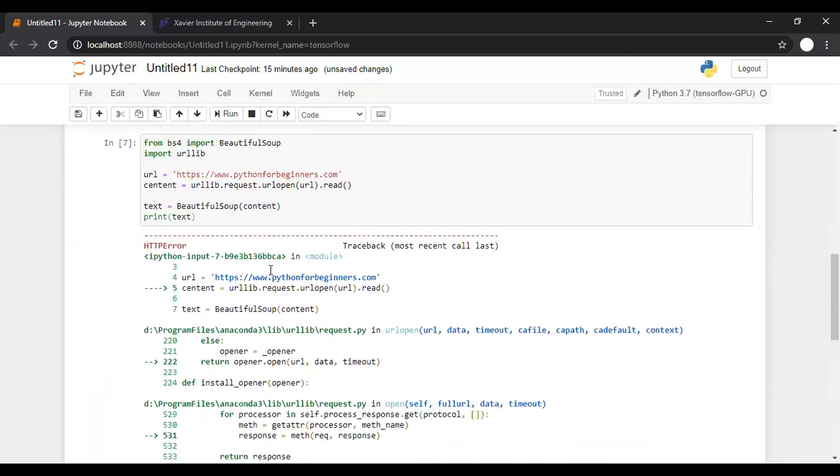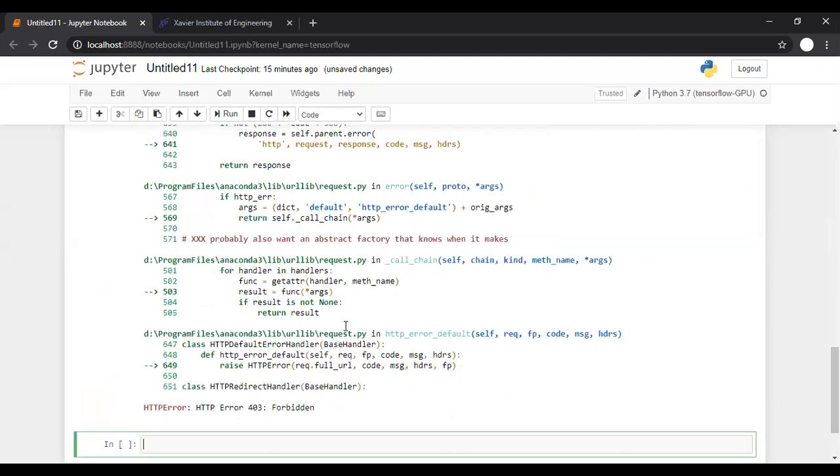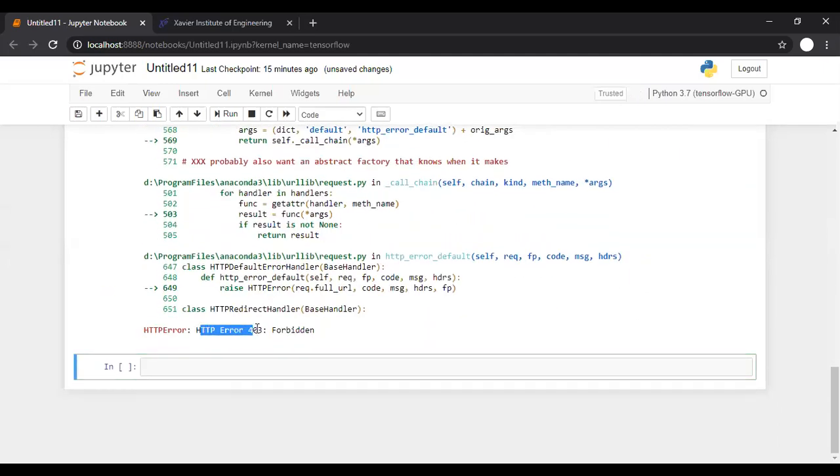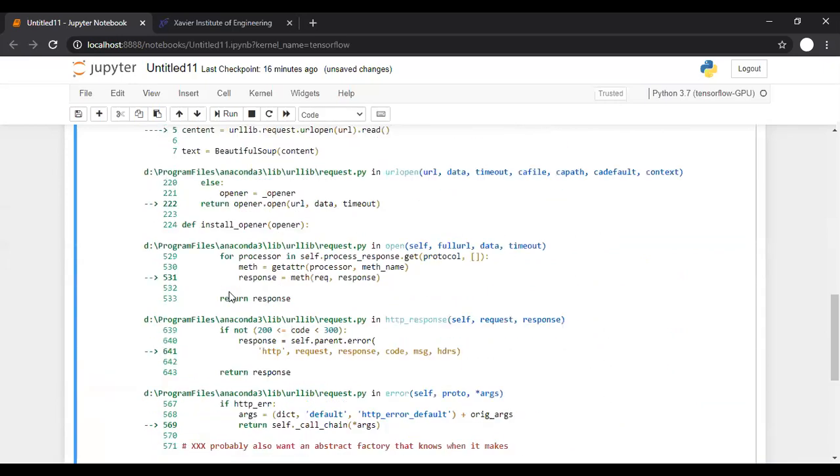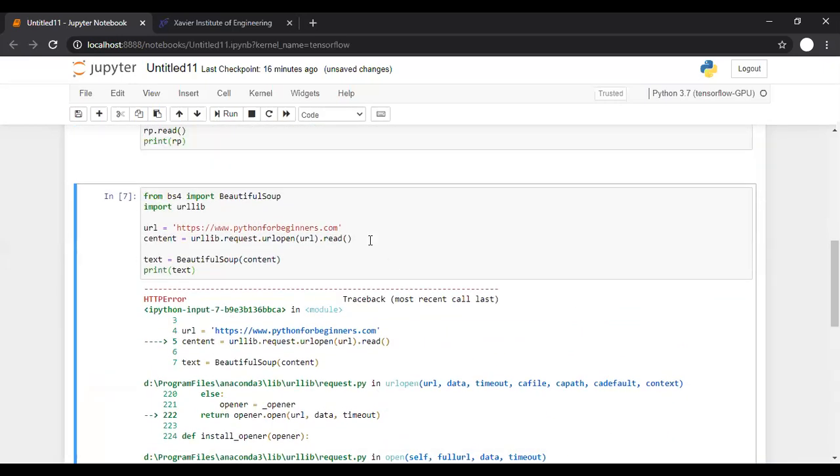So there is a problem. What it says is something like this: HTTP Error 403: Forbidden. It is telling us that this page you cannot access, it is permanently forbidden. And this error we get when we try to open that URL using this urllib.